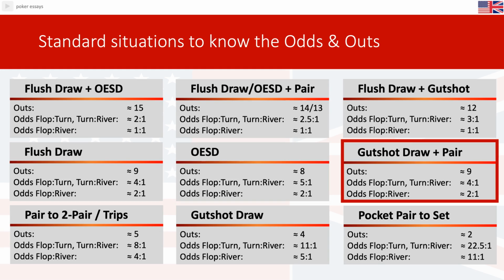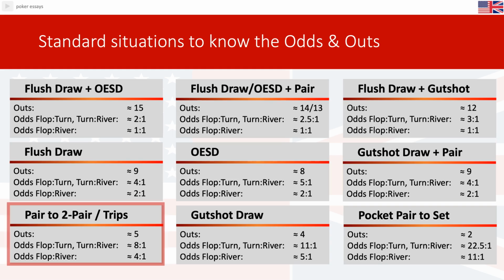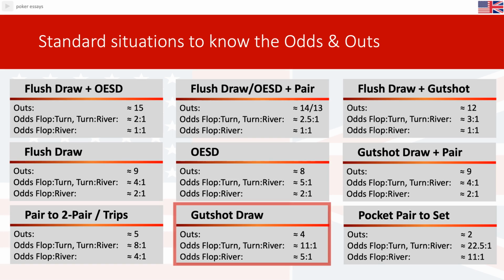And if you hold a gut shot draw plus a pair, you are enjoying 9 outs, which is odds from the flop to the turn or turn to the river of 4-1 or odds from the flop to the river of 2-1. If you draw with a pair to 2-pair or trips, you have 5 outs, which is odds from the flop to the turn or turn to the river of 8-1 or odds from the flop to the river of 4-1. If you hold a pure gut shot draw, you are enjoying 4 outs, which is odds from the